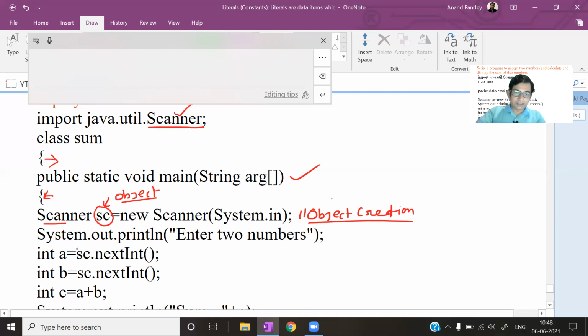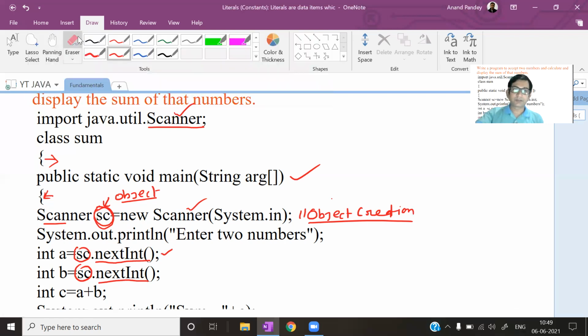See, by sc dot, this is the object, and nextInt is the function. nextInt is a function which belongs to the Scanner class. So to use this Scanner class function nextInt, we are creating the object of the Scanner class here. That's why we have created this object.